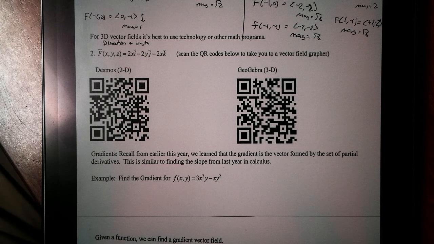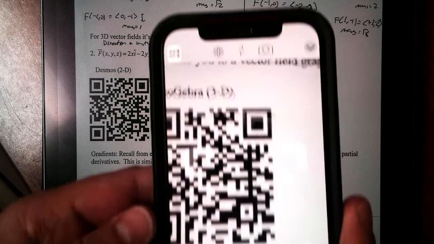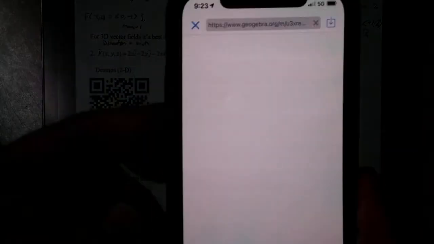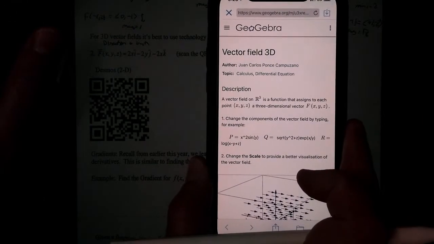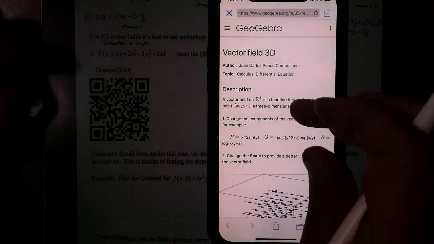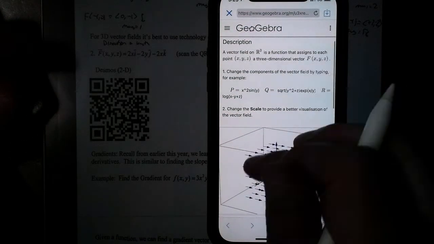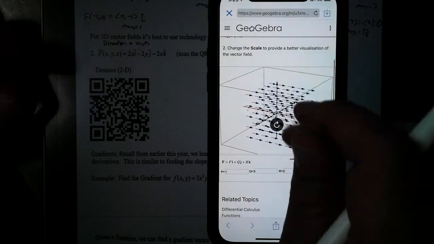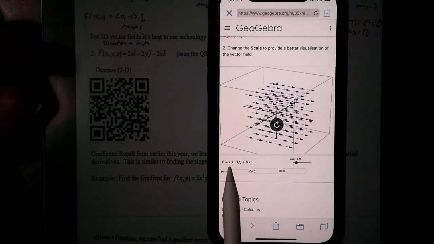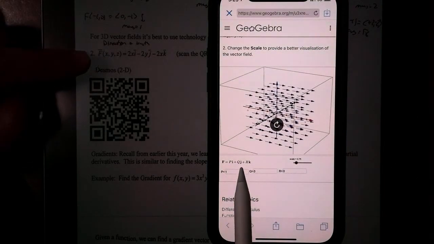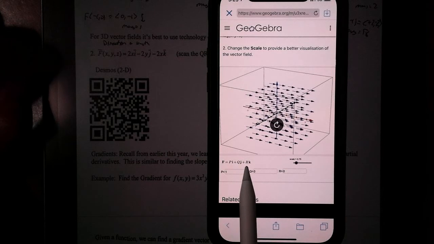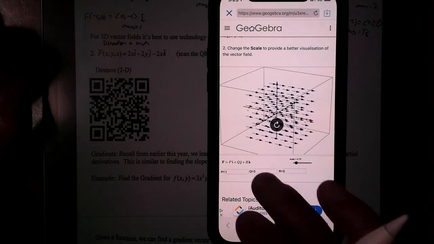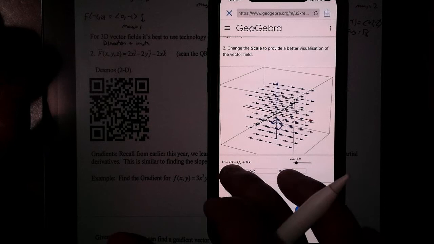So I'm going to go ahead and use my phone and scan this. Okay, so let me see here. I'm going to go ahead and scan this. There it is. And it takes you to the GeoGebra vector field one. And we're just going to type this in. Now, of course, this is a different function. But if you come down here, now notice, here they're saying P is my change in X's, Q is my change in Y's, and R is my change in Z's. So I just have to retype these in. So for the first one,